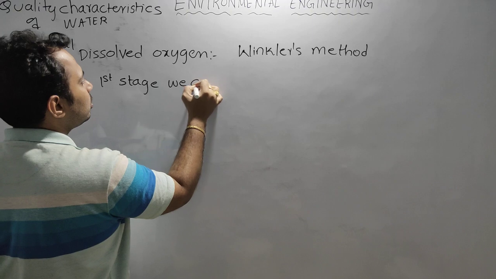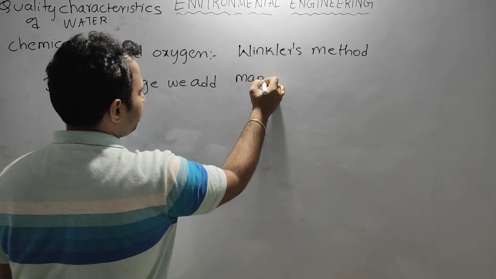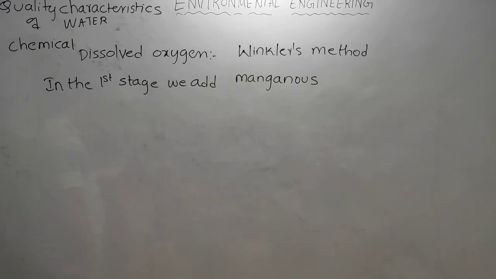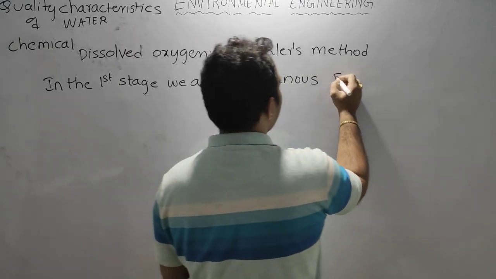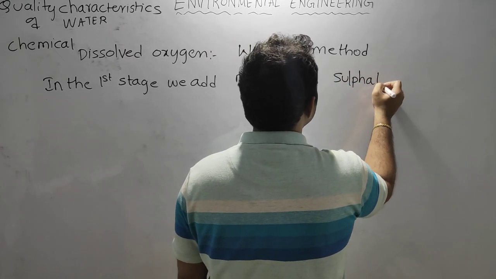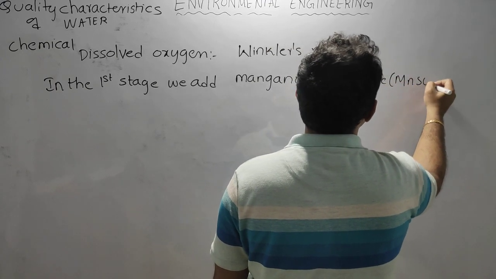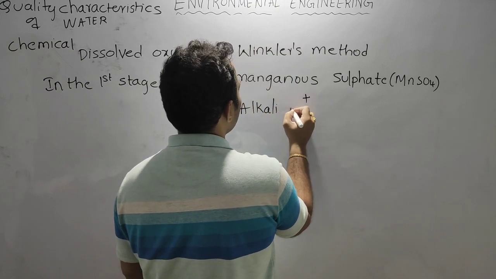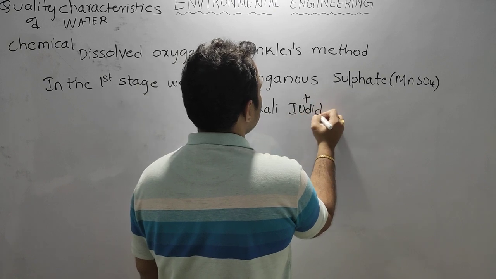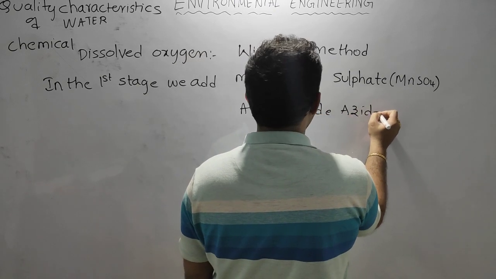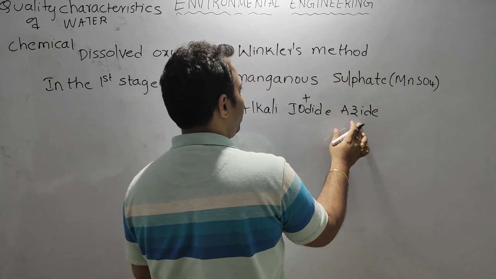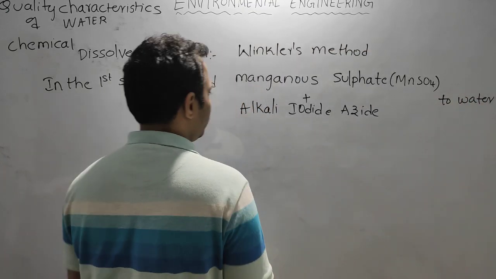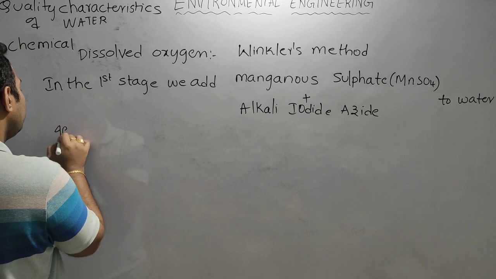In the first stage, we add manganese sulfate, MnSO4, plus alkali iodide azide. We add manganese sulfate, alkali iodide azide to raw water. If a brown precipitate is formed,